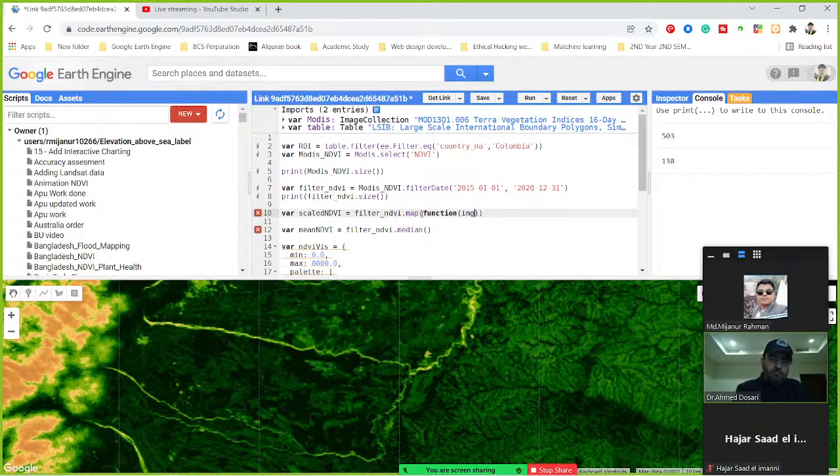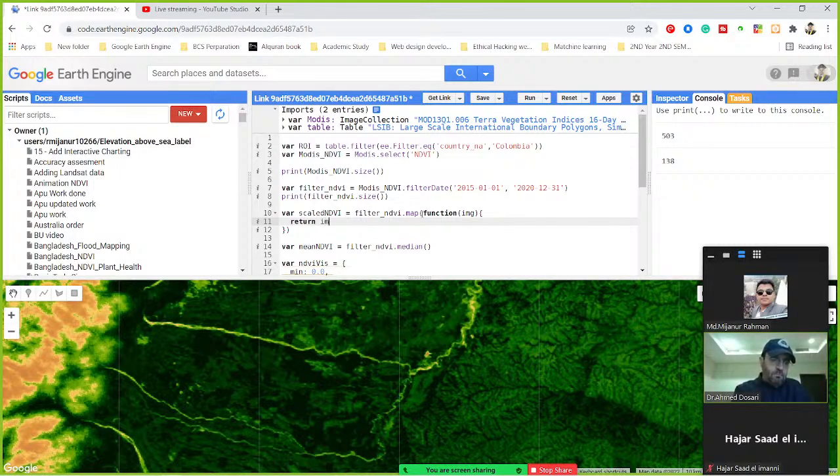Okay, image. Then I use here the curly bracket, and we already know about the structure of how you can define this function. And between this curly bracket I define my argument, what I need. I want to multiply with my scale factor. So I simply use here the return. It will return and multiply my image img. I simply call my image. It will be multiplied